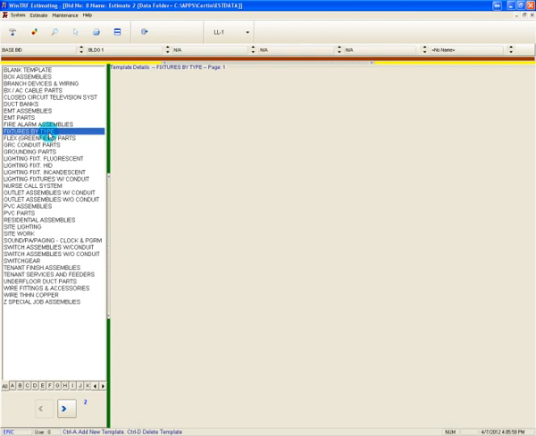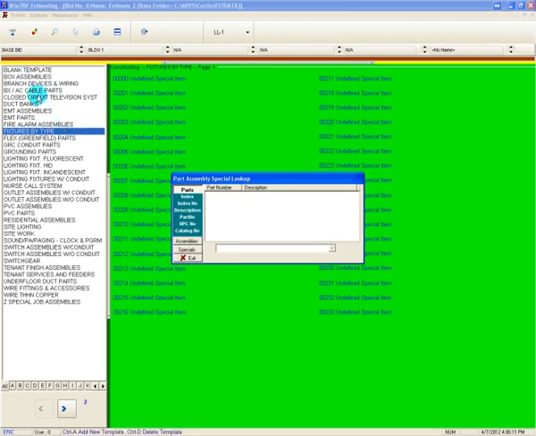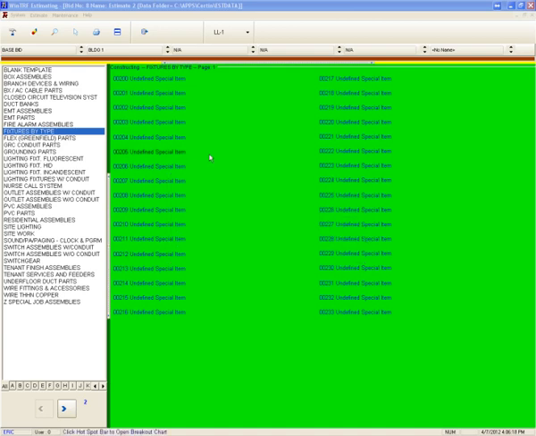If we place the Fixture by Type template into construction mode so you can see how it is constructed, you will notice that it is made up of special item numbers. To put it into construction mode, we click on the little hammer up on the screen. We'll talk about some of these toolbar items in a moment in the video that describes them. We'll close this little box so that you can see the screen,